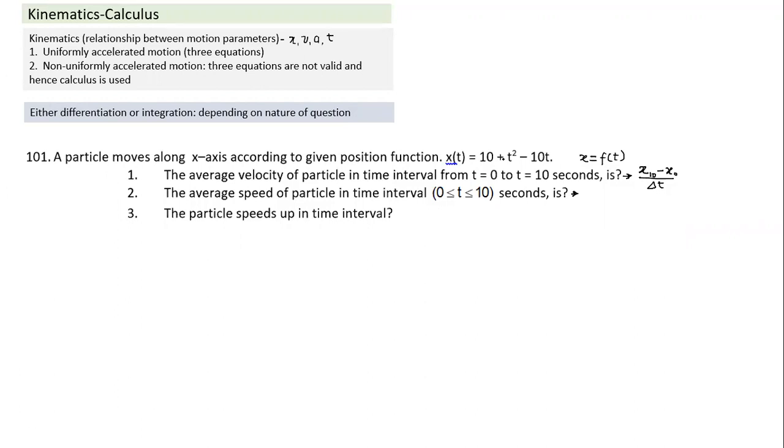Very good. So the first thing we know is that when we substitute, the average velocity between 0 second and 10 seconds is 0, because the position is the same. It's at the same position where it was at t equal to 0; at 10 seconds it is also at the same position. Yes, sir. So we find the minimum or the maximum of the function. Mathematically, what you can do for average speed is consider what has happened. This is one dimensional motion.